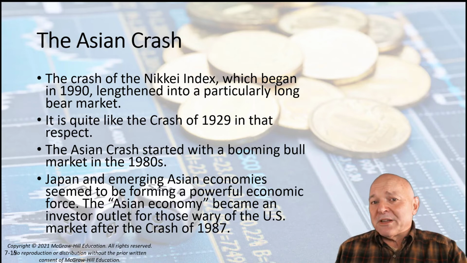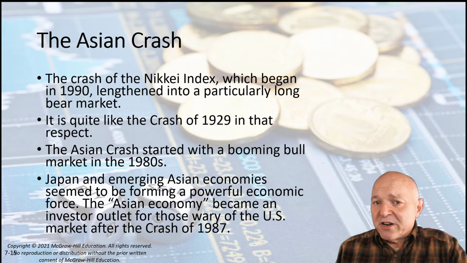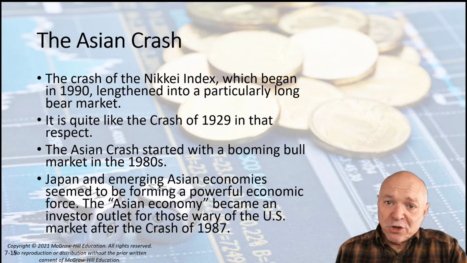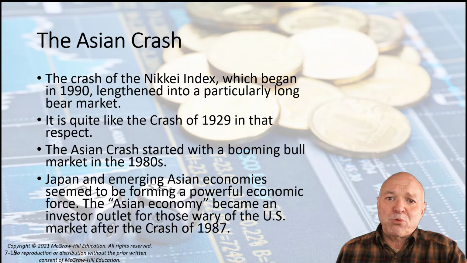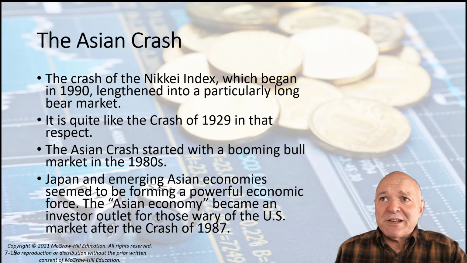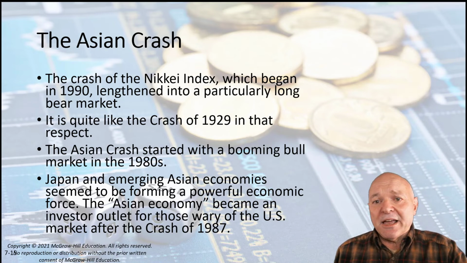The problem that we saw with the bubble that led to the Asian crash started in Japan, and it started in the real estate market, where there had been a gradual build-up of real estate prices to the point where the prices were ridiculous. Real estate prices went up by about 70 times from 1955 through to 1989, and